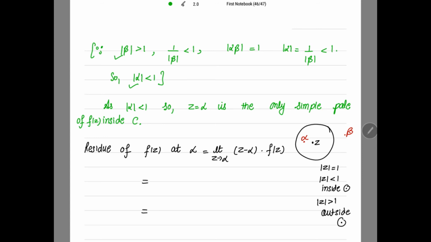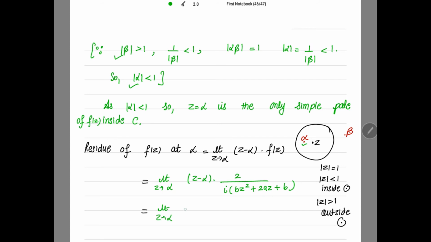So we have to calculate the residue of f(z) at alpha only for one pole, right? Now, residue of f(z) at alpha is equal to, what is the formula? Limit z tends to alpha, because we have to find at this point alpha, (z minus alpha) into f(z), right? So I'm writing here, limit z tends to alpha, (z minus alpha), what is my function? It is 2 over iota b z square plus 2az plus b,